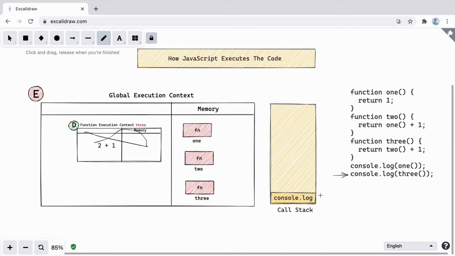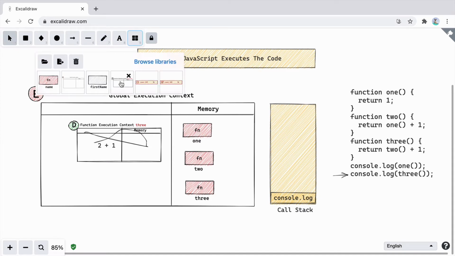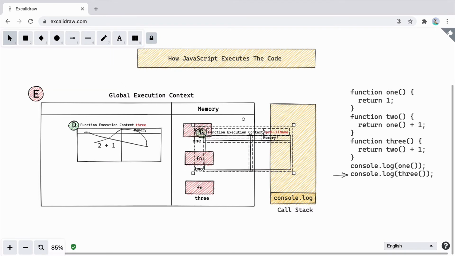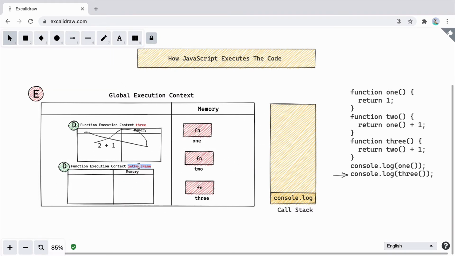And now at last, we need to execute console.log. For that, we know that an execution context will get created, and this is the context of console log. When we executed function name 3, we got the value 3, so 3 will be logged. The last function inside the call stack is console.log, and the execution is over. It will be deleted and we'll delete the execution here. At last you can see that the call stack is empty, and in the console log we'll see the value 3.